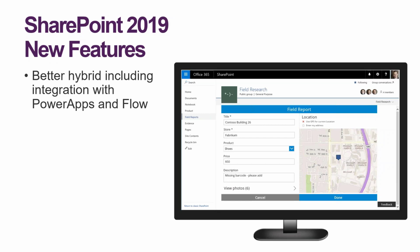And the way we're able to do that is we have the on-premises data gateway, which is installed on-premises, and it basically allows SharePoint 2019 to enable these integrations and improve user experiences with things like Power Apps, as well as Flow. So customized Power Apps forms for a SharePoint list no longer require a developer. So it's very much a what you see is what you get editor. And the associated processes can now extend beyond SharePoint workflows. So SharePoint workflows are still there, but we can now take advantage of Microsoft Flow